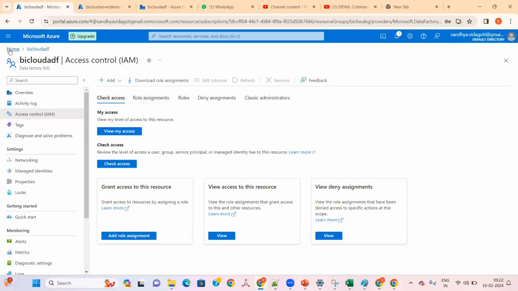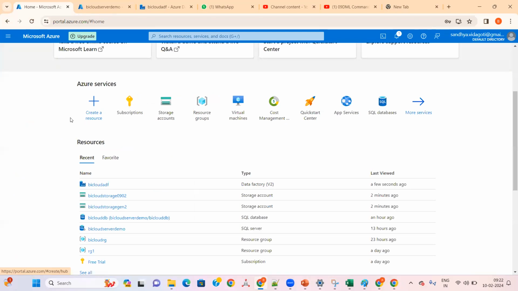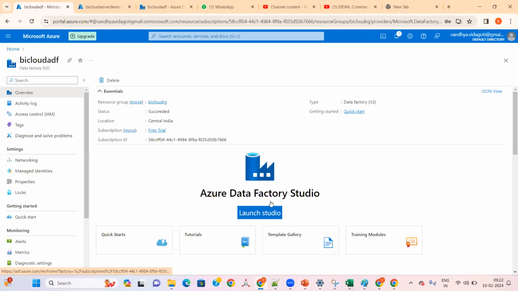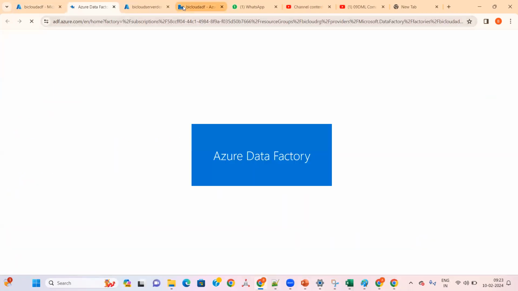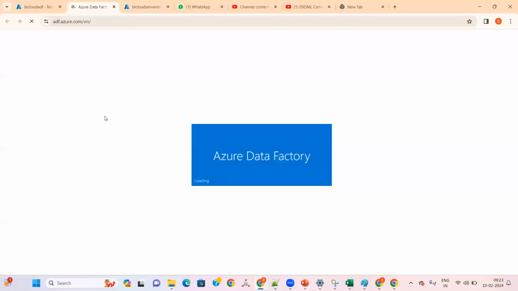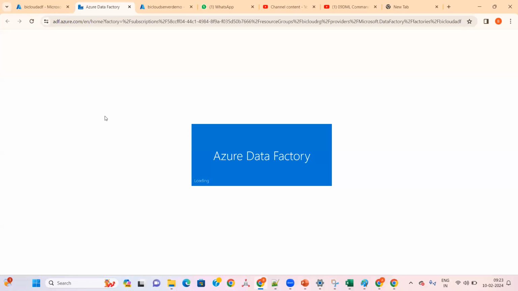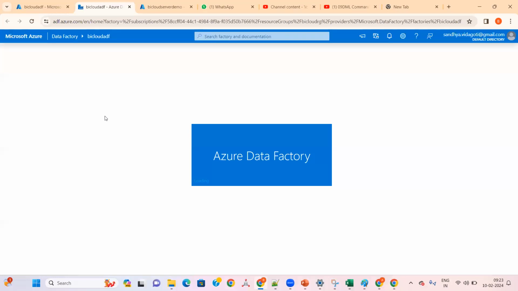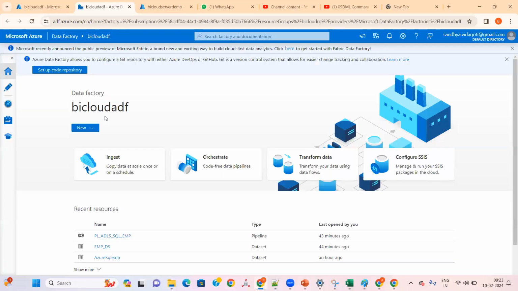Okay. And now we are in the home page. If I click on this area, it will ask me to launch the studio. I'll just launch the studio. Anyways, I've launched it here, but I'll just close this tab. Okay. This is the home page